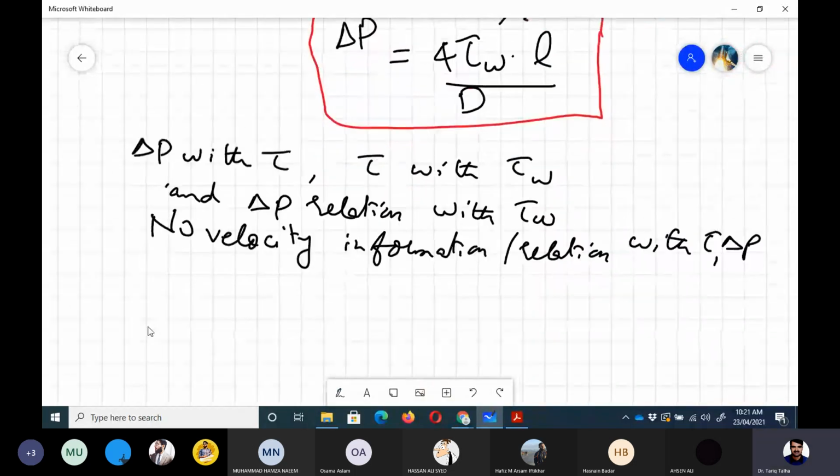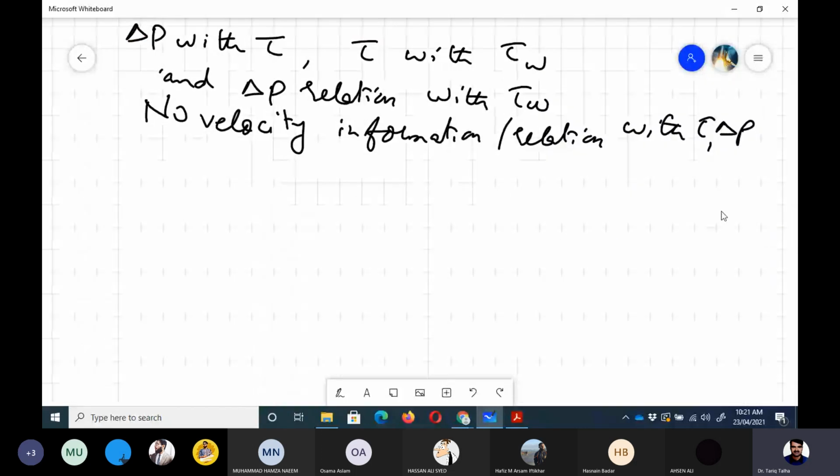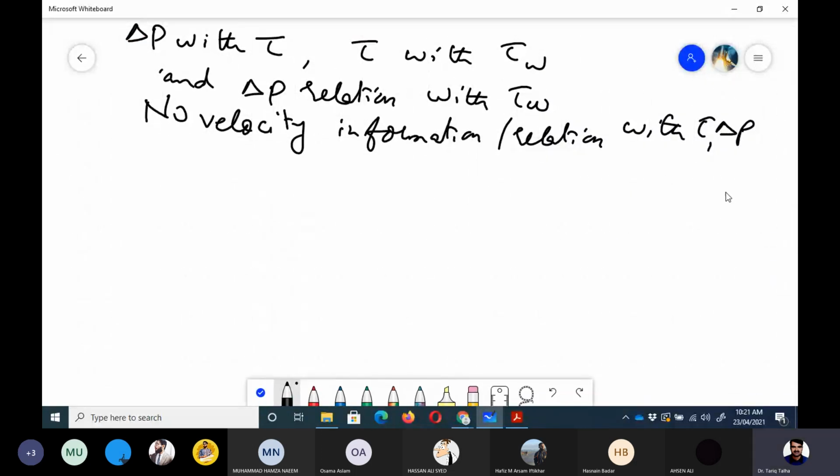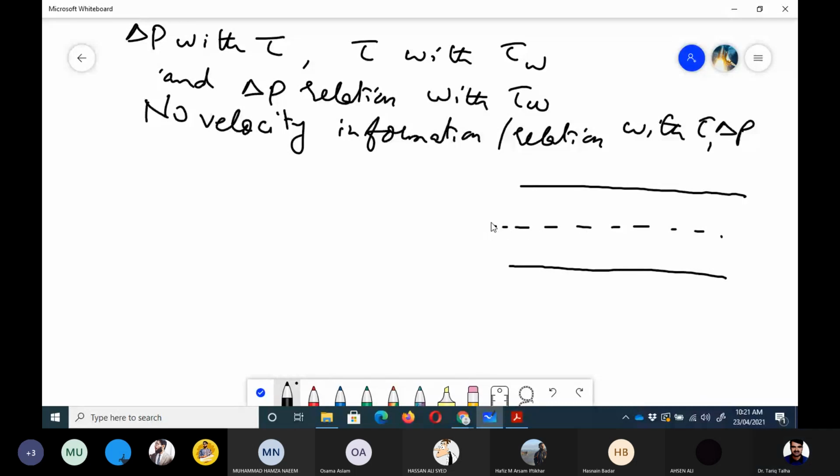As we know, if it is a pipe flow, let me draw the figure here again. This is the center line, where R is equal to 0, and then this is R equal to capital R, and the velocity distribution in the fully developed laminar flow is something like this.